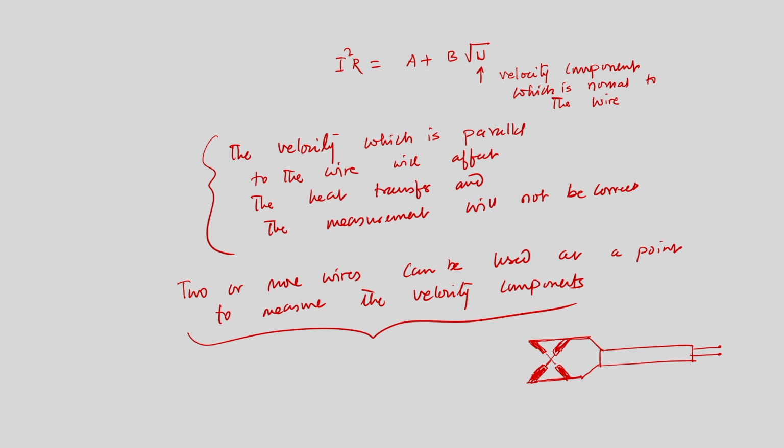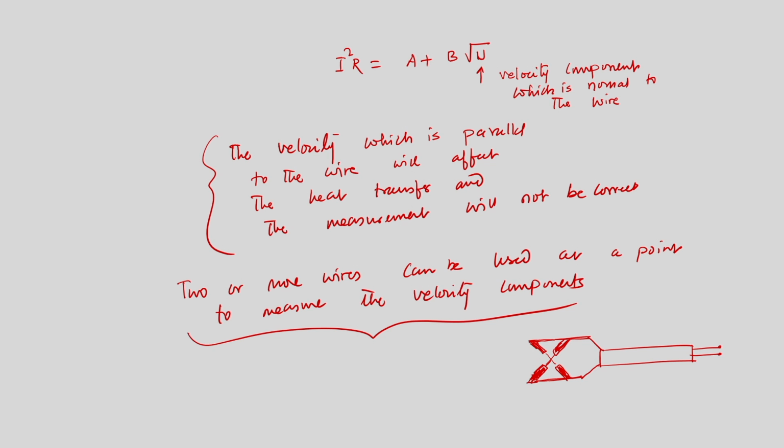So these two wires are kept at right angle to each other. Now, this two-wire arrangement can be used to measure two different components. Similarly, by suitably arranging three different wires, this probe can be placed in a flow field, and if the flow field is highly chaotic, the velocity components can be measured simultaneously at a particular point, and we can use this probe for the measurement of turbulent flow. So, this is the basic principle, the basic technique of using hot wire to measure the flow velocity components in a turbulent flow environment.